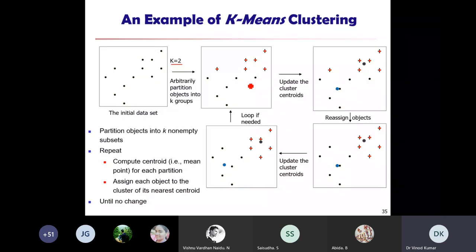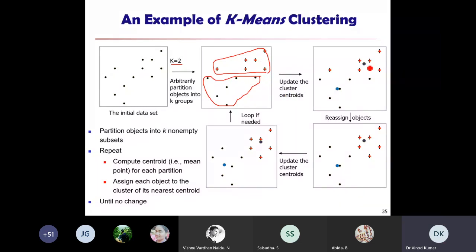You can see here we have grouped these elements, and we found these two clusters. Then you have to recompute the cluster center for every step, so update the cluster centroid.